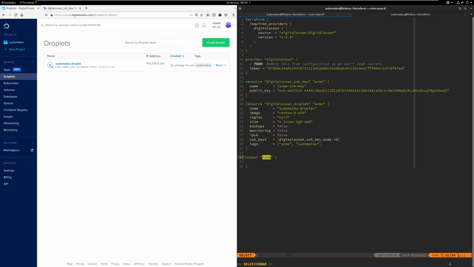So if we do output, and then I'll do IPs, or actually I'm just going to call this info. Terraform has a concept called outputs. What outputs does is, once Terraform finishes applying something, it'll output certain information to the screen for you to use. Output takes one argument called value, and the value that we want to output is DigitalOcean